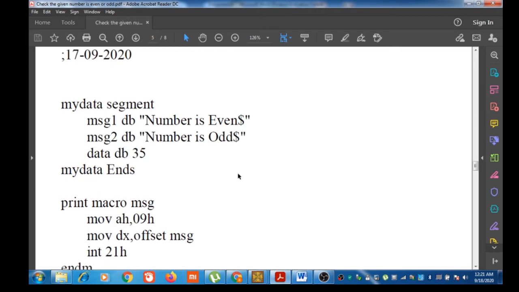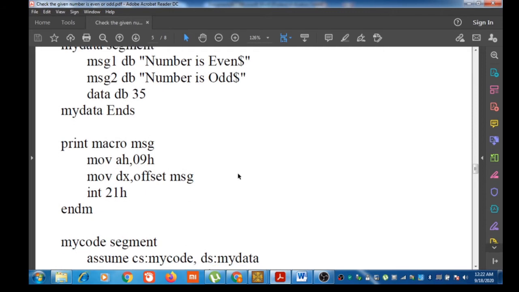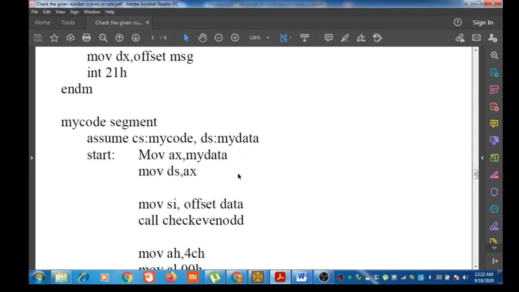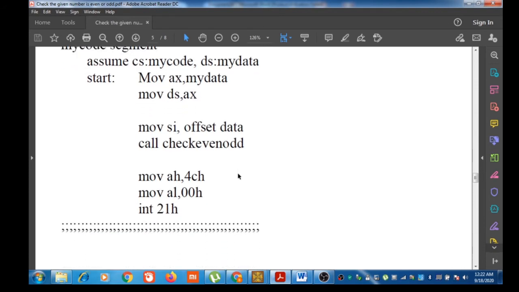See here, inside the data segment we declared a variable and its value is initialized 35, decimal number 35, and inside the code segment, before calling the procedure, we have moved the offset of the variable into SI register.